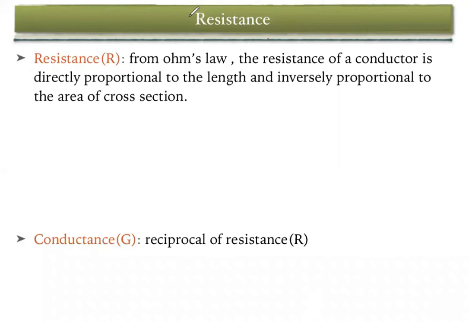So now let's talk about resistance. I think you must be familiar with resistance from your 12th class topics. Now a bigger question is why we are reading resistance in electrochemistry. As we already know, a piece of metal is a good conductor of electricity because the metal has free electrons, and those free electrons flow through the metal and complete a circuit. That's why we call this metal piece a good conductor of electricity.